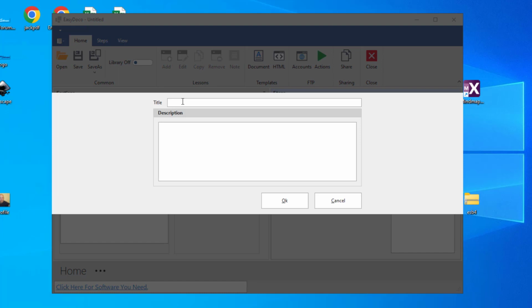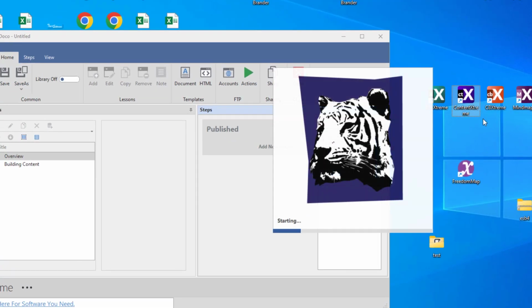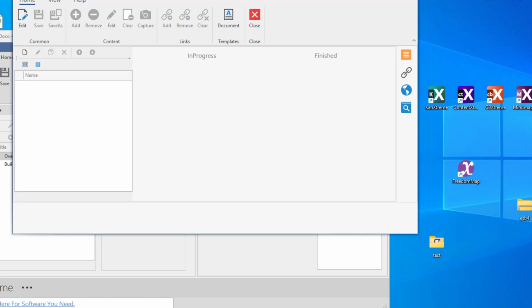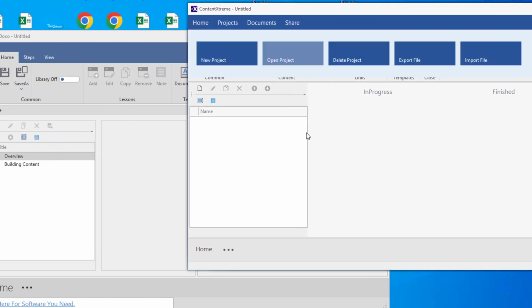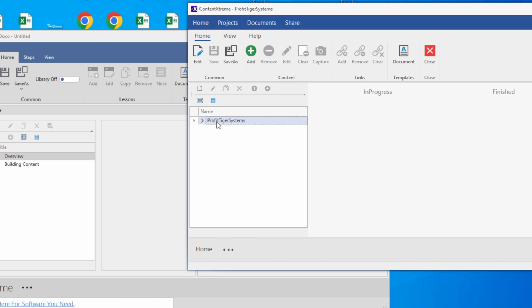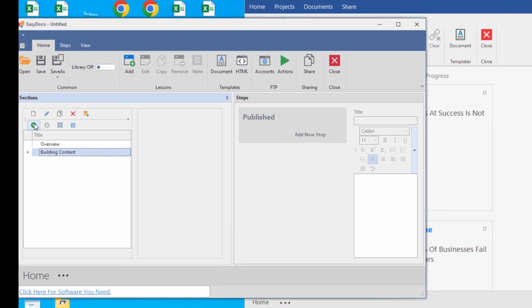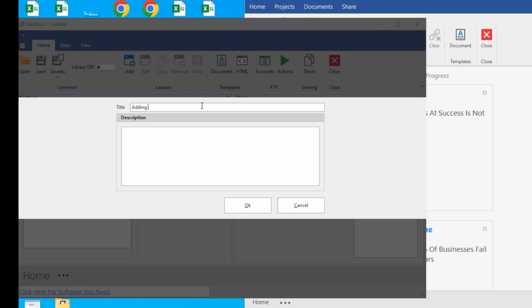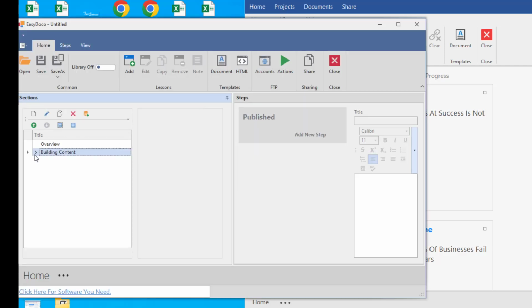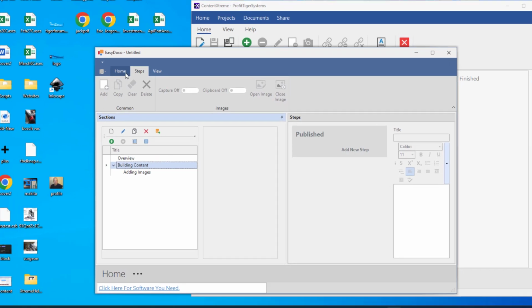This area is where we build the structure of our manual. We can add different lessons for each activity that is needed to be done in a specific order. To create different lessons,